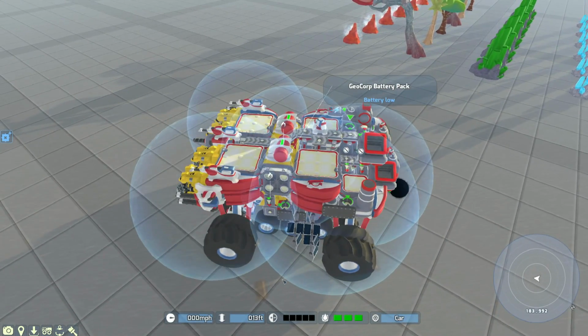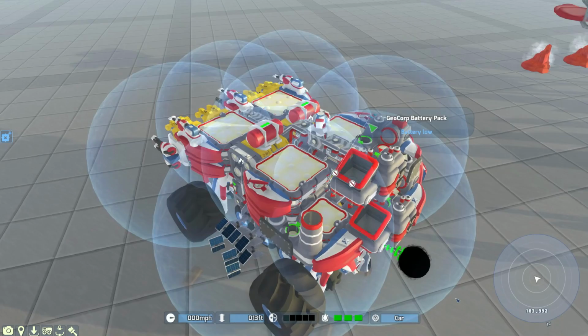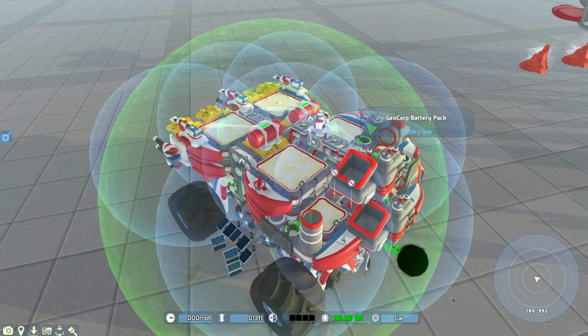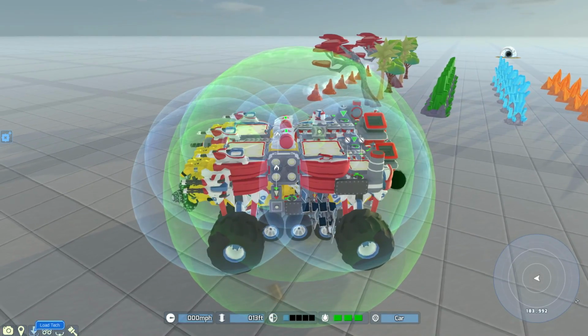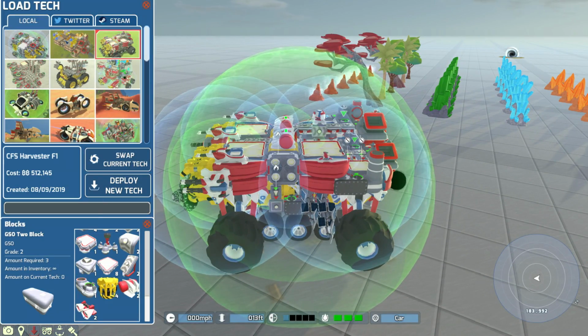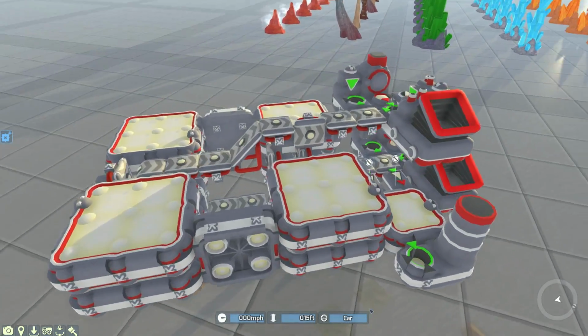The shielding and repair bubbles are far more expansive, so there's a lot more battery capacity with 6 GeoCorp batteries inside. There's also 6 solar generators and a mobile furnace connected directly by a filter to each collector on either side. And if we very quickly magic away all the extraneous parts, we can see that the crafting core itself